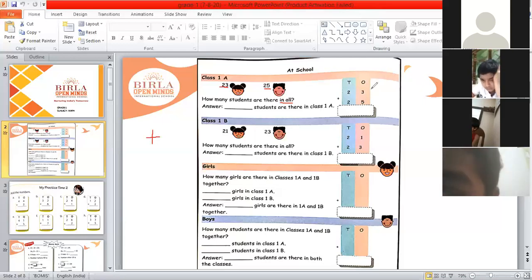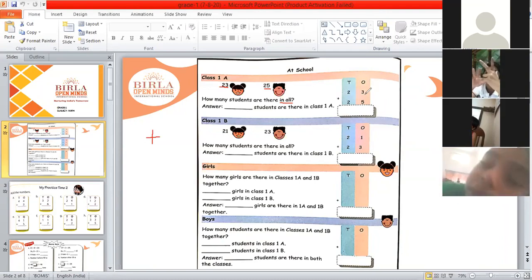You will start adding the numbers in the ones place first. The numbers in the ones place are 3 and 5. The number down here is 5, so you need to take out 5 fingers and start counting after the first number. Your first number is 3 in the ones place, so start counting after 3: 4, 5, 6, 7 and 8. So 3 plus 5 is 8, children.